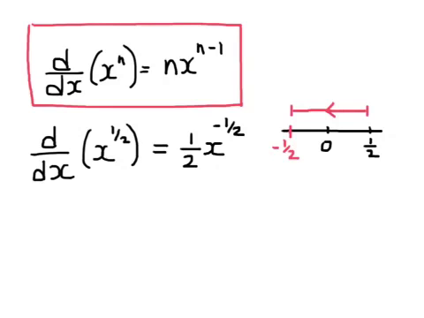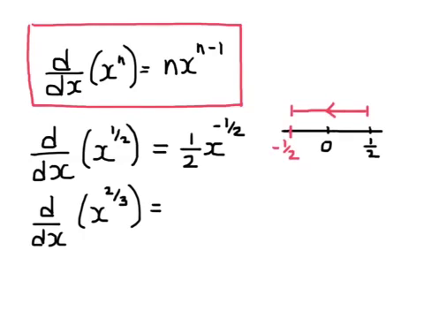Let's look at a second example. If we have to differentiate, let's say in this case, x to the power of 2/3. What happens here? Well, again, we've got our index value, which is 2/3. That goes in front of the x, and we reduce this by 1. So, what do we get? We're going to get 2/3